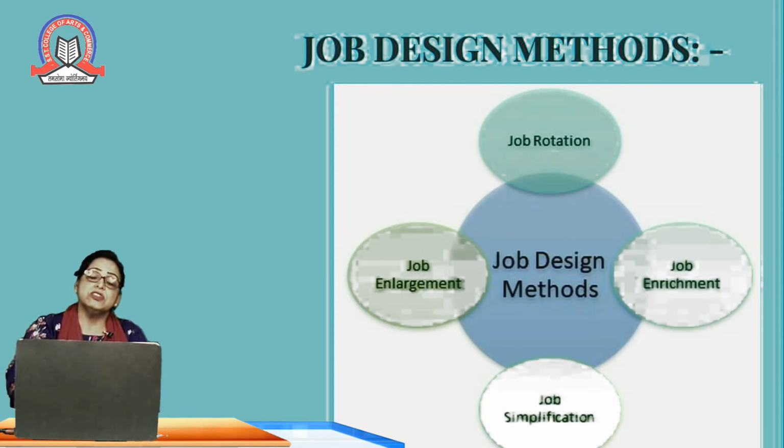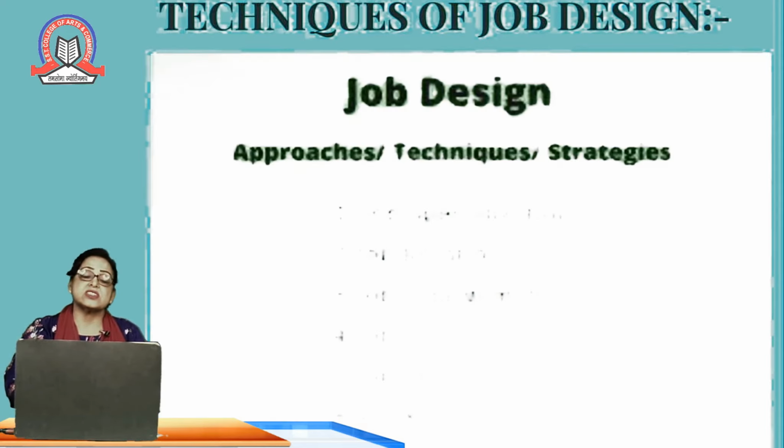Next is job design methods. There are methods which we discussed: job rotation, job enrichment, job simplification and enlargement. It begins with simplification, simplifying things to understand and follow. Now there are various strategies, approaches or techniques of job design. First is job specialization. Just give training to people so that they become specialized in a particular type of job. They become experts. Second is rotation. Let them learn each and every type of work. Enlargement. Keep on adding responsibility. Job enrichment. Just enhance their posts, their salaries, their work culture and facilities.